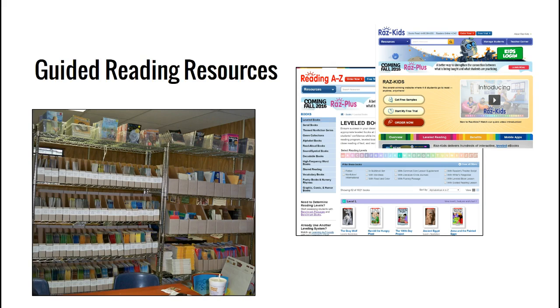But if you haven't had the opportunity to look at the new benchmark books we have purchased, just make sure that you do that this 6 weeks and use that. It's such a great resource for you. You're reading A to Z, and your RAS kids, you're going to be having some training from the company that maybe will help you with incorporating that independent reading with RAS kids during independent work time.